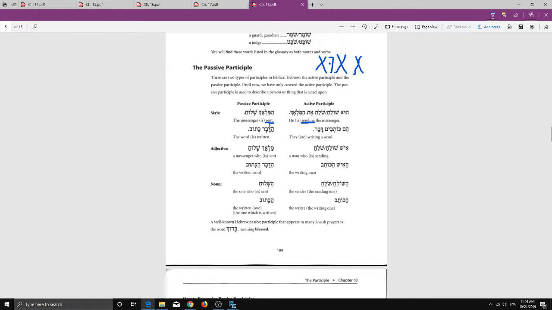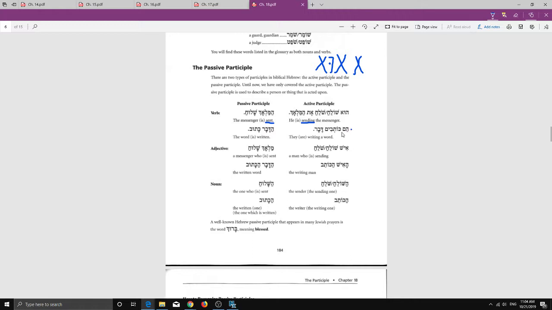Notice though this is not the messenger sent a message, so that's kind of confusing in English how our passive verbal idea for this verb is the same as a past active one. So that's confusing in English. So maybe instead of delving into this, we should just jump to another example. Don't be confused by that, I guess is what I'm trying to point out.